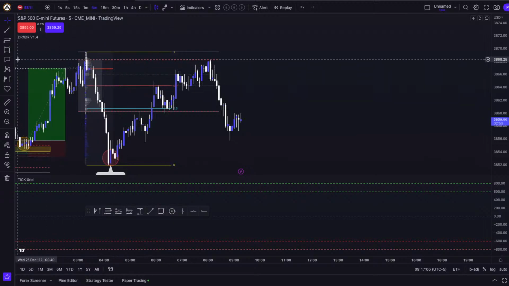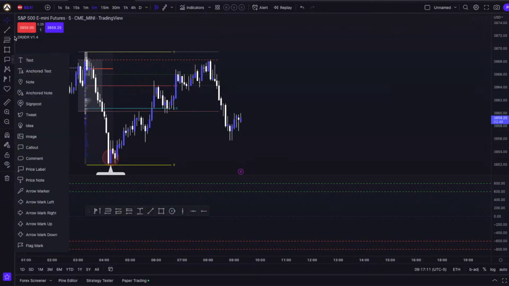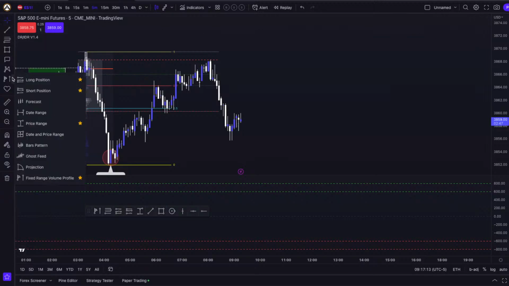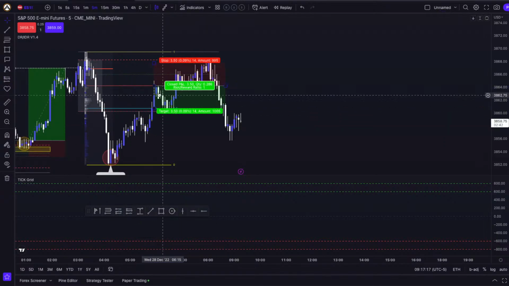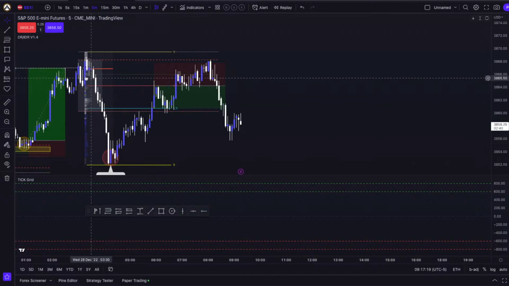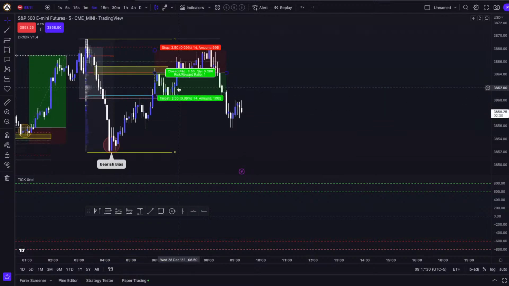So realistically speaking, your first entry very likely would have been, let me grab my short position tool right here on the optimum trade entry, because the optimum trade entry is also lining up with a beautiful bearish fair value gap right here up high within the premium area, if we're looking for a short position. So ideally, if I would have traded the setup, I would have placed my entry right here on the optimum trade entry